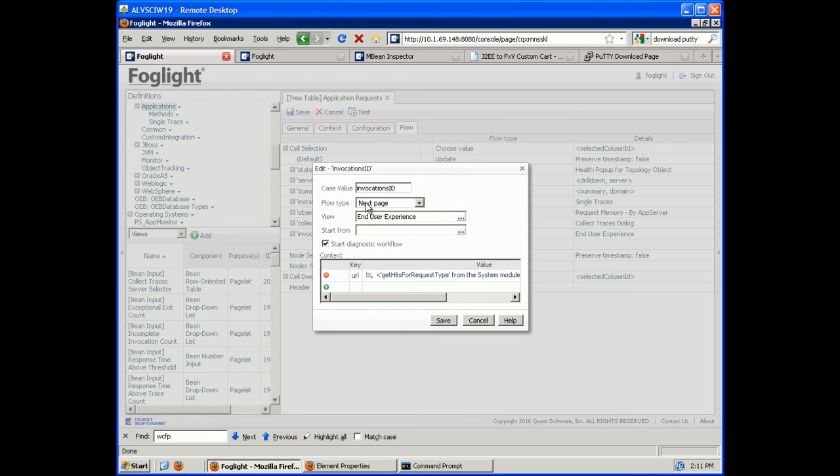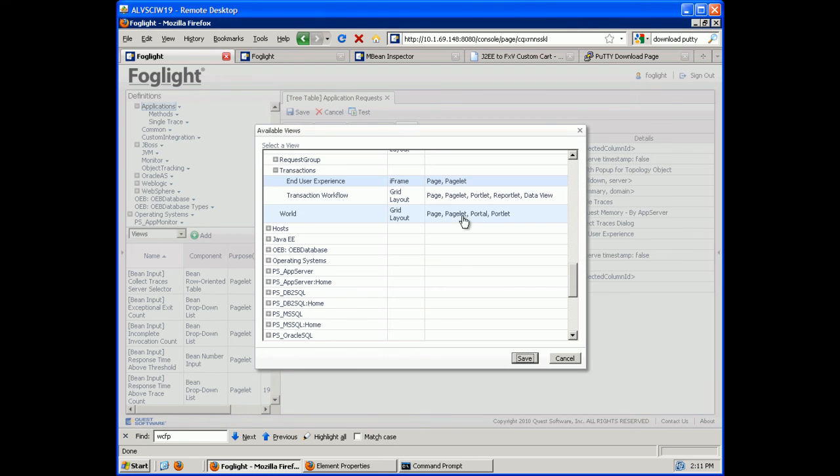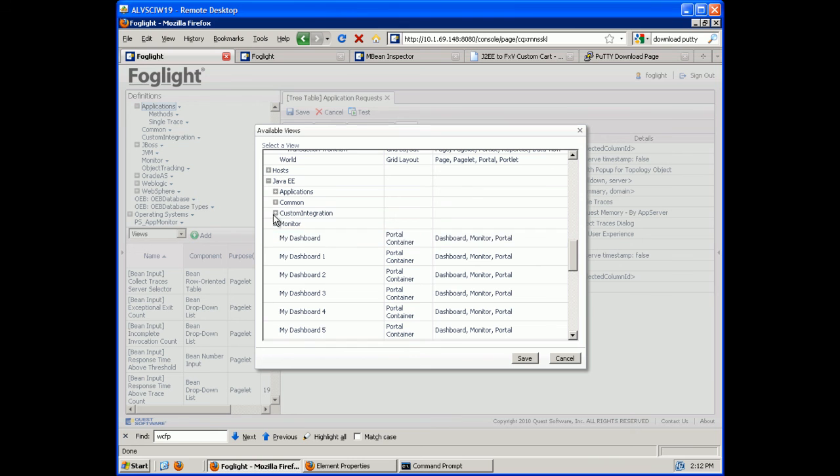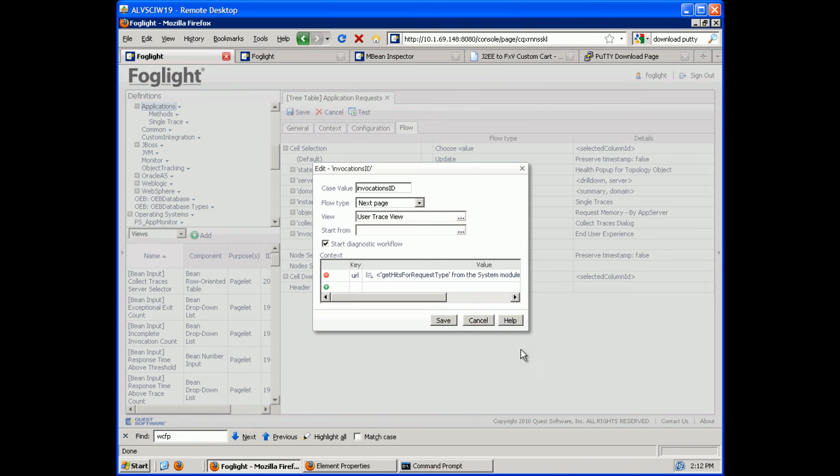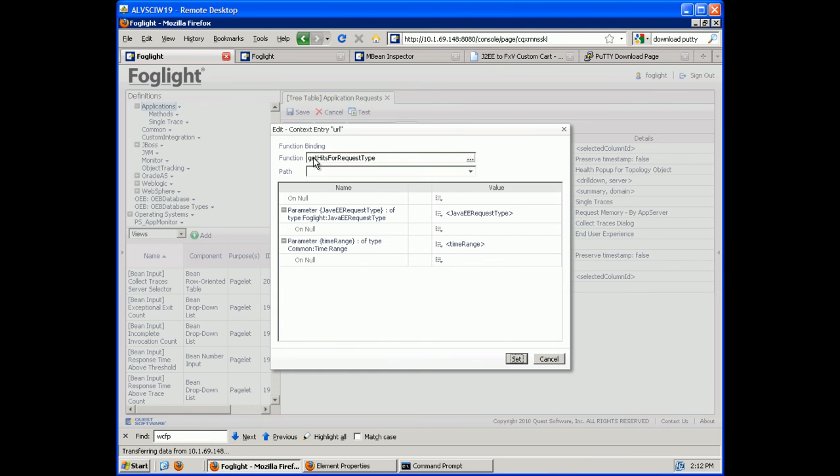So what I did here is I said my next page is going to take you into end user experience, and the end user experience is going to be actually what we want to do here. We don't want to go to end user experience, we want to use our custom integration. So we want to go down to our user trace view inside custom integration. Okay, now what you want to do here is I want to use a URL, so I'd have to hit the plus, create a URL, and what I want to do here is I want to call my function get